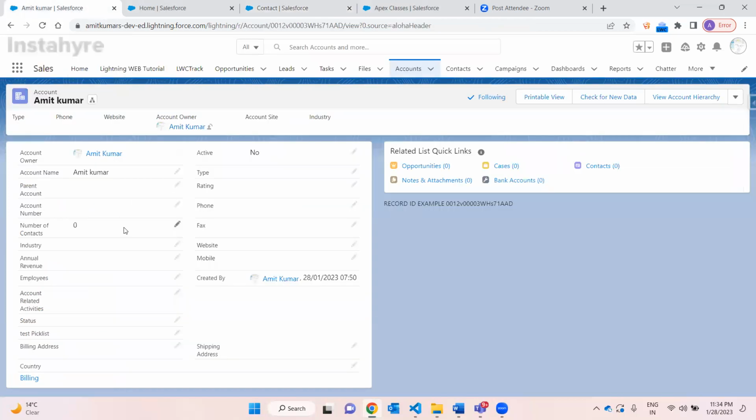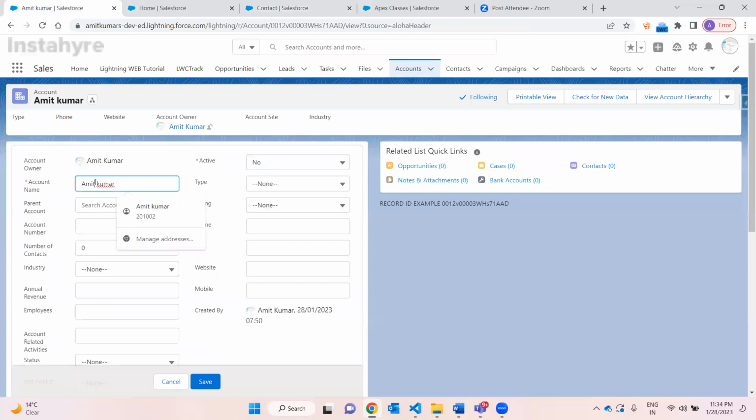For example, I have an account name Amit Kumar. Now I'm changing it to Onward. So in trigger dot new, the value will be Onward, and in trigger dot old map, the value will be Amit Kumar. For example, if we have to perform some logic on whether the account name is changed or not,